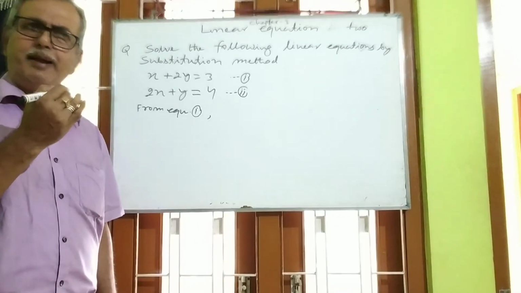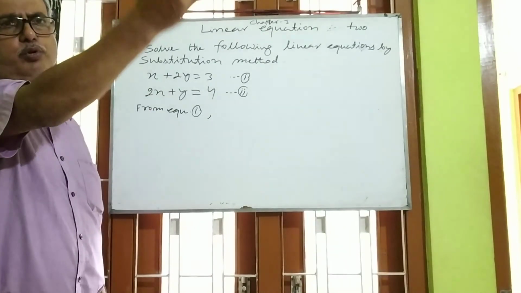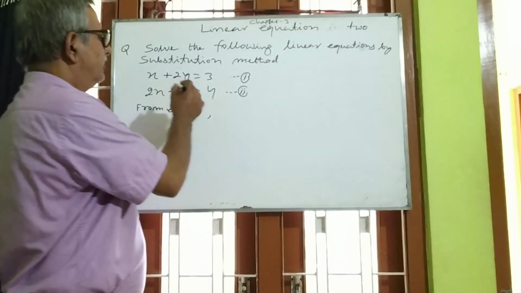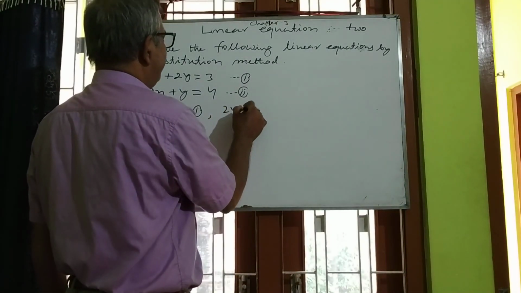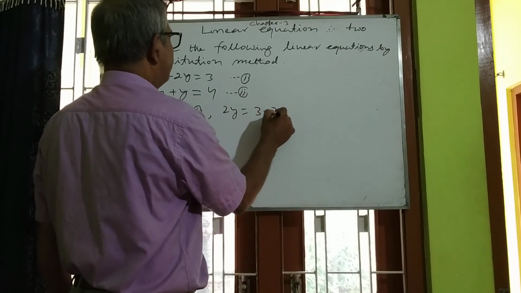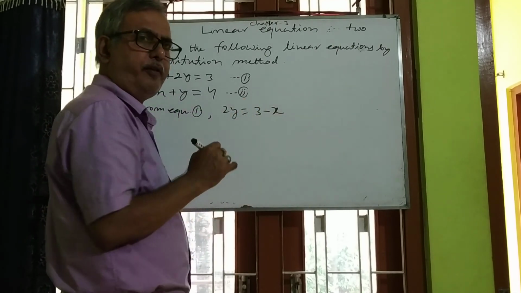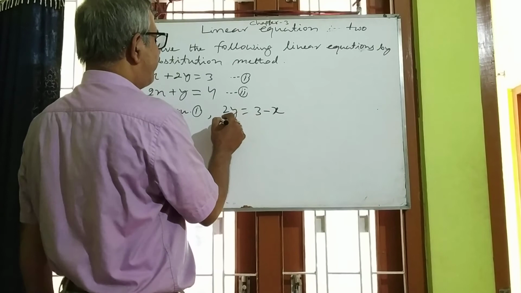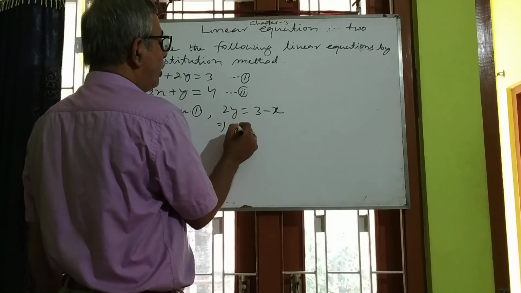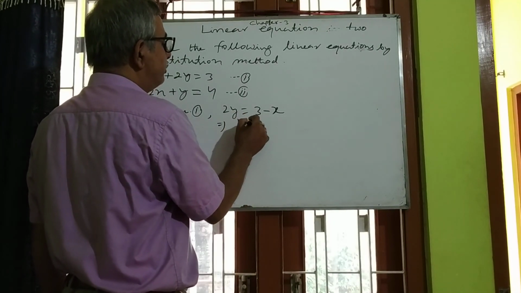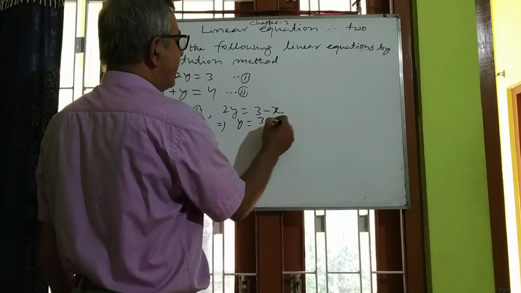Keep y on the left hand side and let x go to the right hand side. 2y is equal to 3 minus x. So y is equal to, what you have to do? 3 minus x by